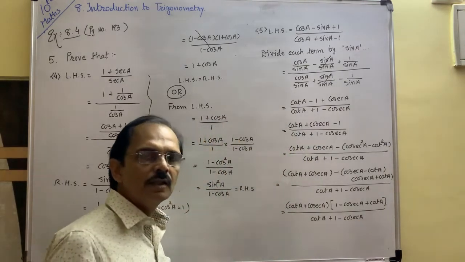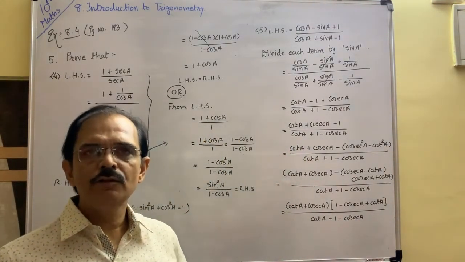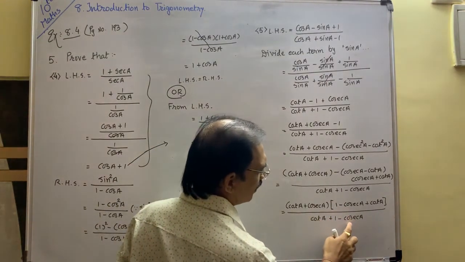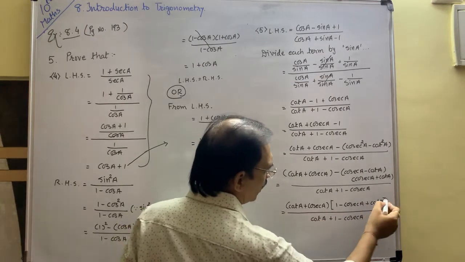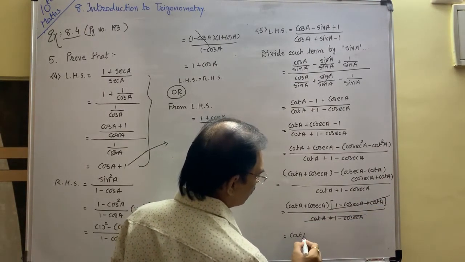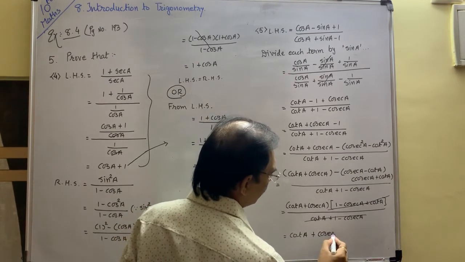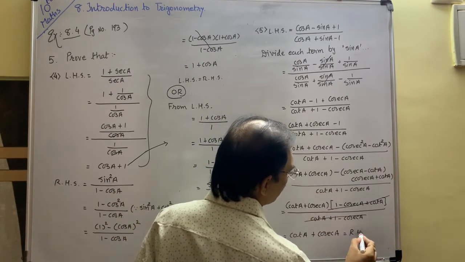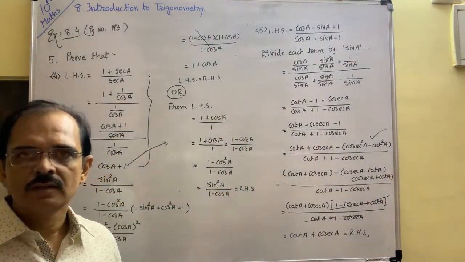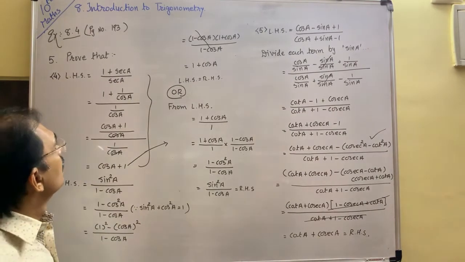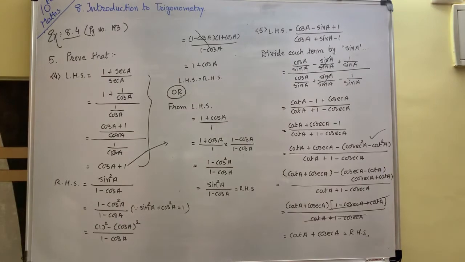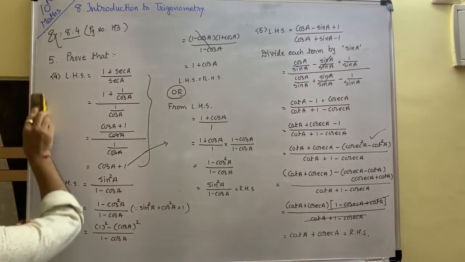See the denominator and see one bracket in numerator. 1 plus 1 minus cosec A minus cosec A plus cot A plus cot A. The total bracket and denominator will cancel. Your answer is cot A plus cosec A. We prove it by using this identity, which is given in your question. Okay, so you have to write it 2 to 3 times, otherwise it is not possible for you.